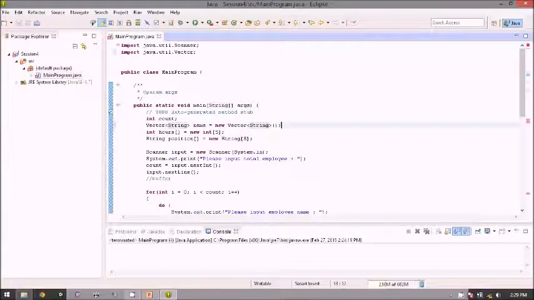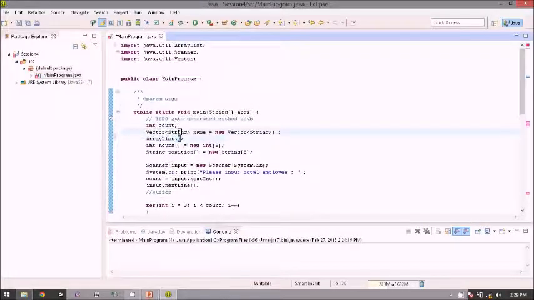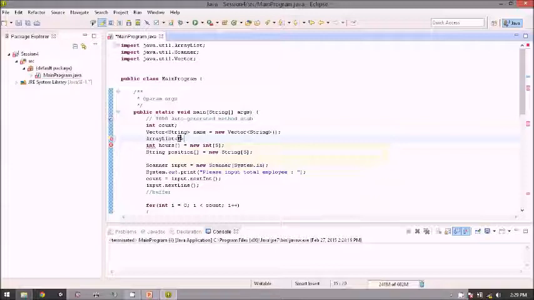And then for the hours, we want to use array list. It will be the same. You type ArrayList, use Control Space to import the class, and inside the E will be the data type. So for the data type class, we use Integer like this with big I, and the name is hours, the same, and the declaration is also the same. Use new ArrayList, and inside this bracket just write Integer like this. Okay,